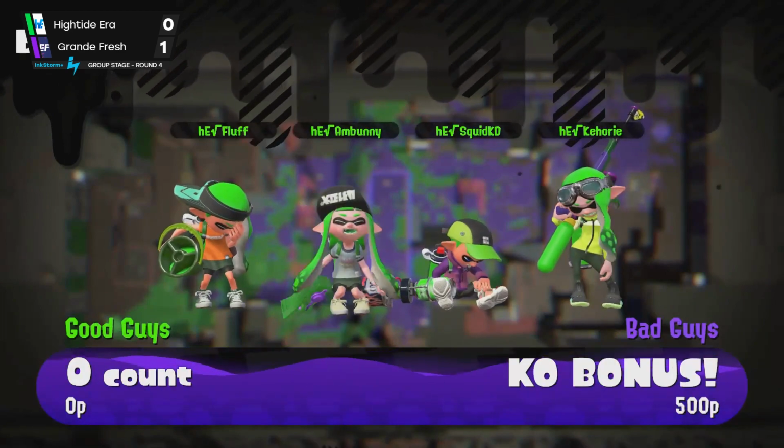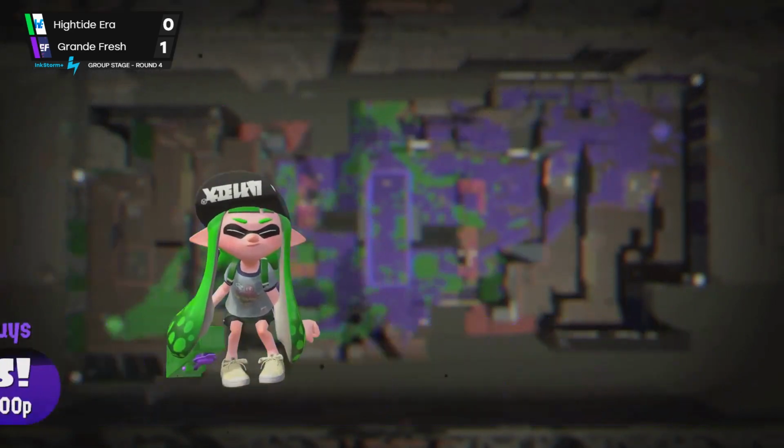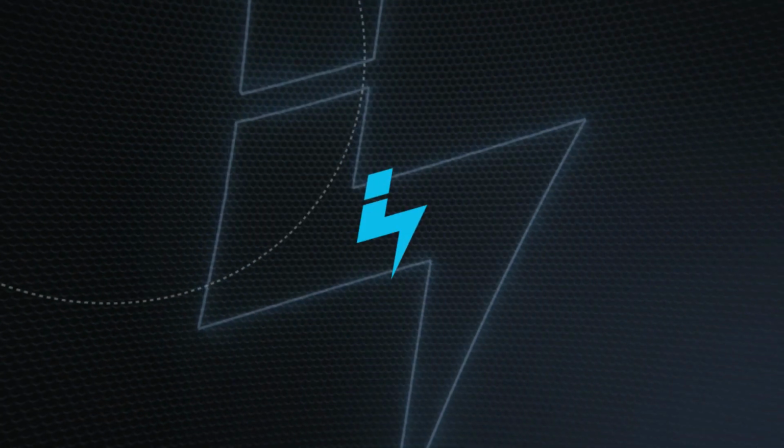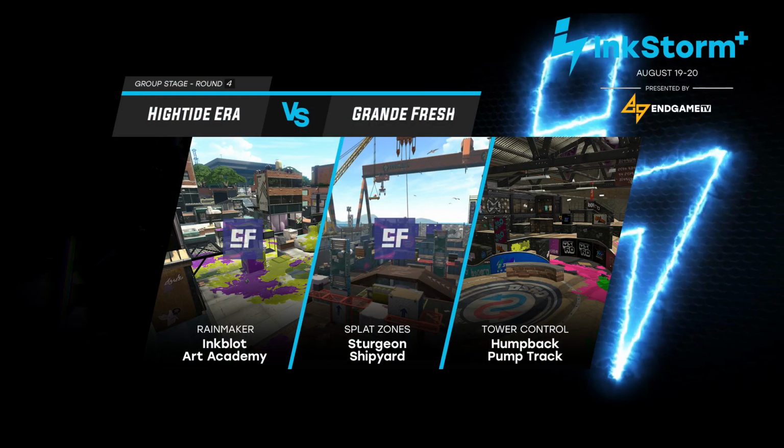I don't think the Blaster or the Charger had much of a place here. Obviously, the Blaster played some role, but you see there the Charger only getting 2 splats, not able to do what a Charger should do because they're not super effective at inking all the time. So, unfortunately, just an odd comp for Sturgeon and for Splat Zone specifically. But, GGs to both teams there, and that was well played